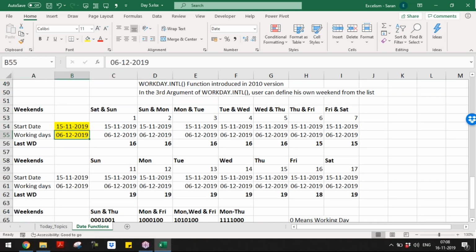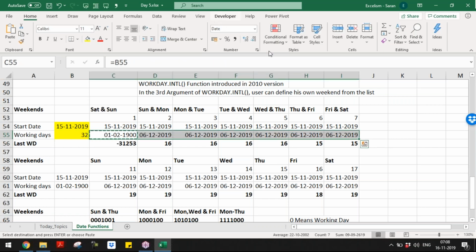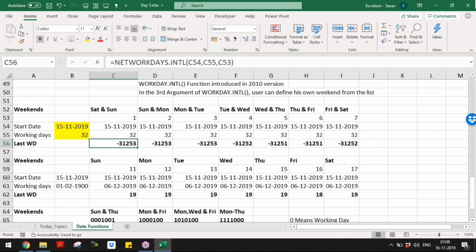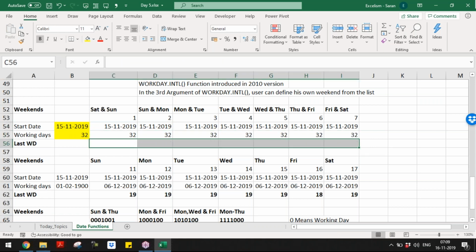Now, here working days, let me consider as 32. Let me put this as General. Now this is the same format, right? So now I need to write the formula here.